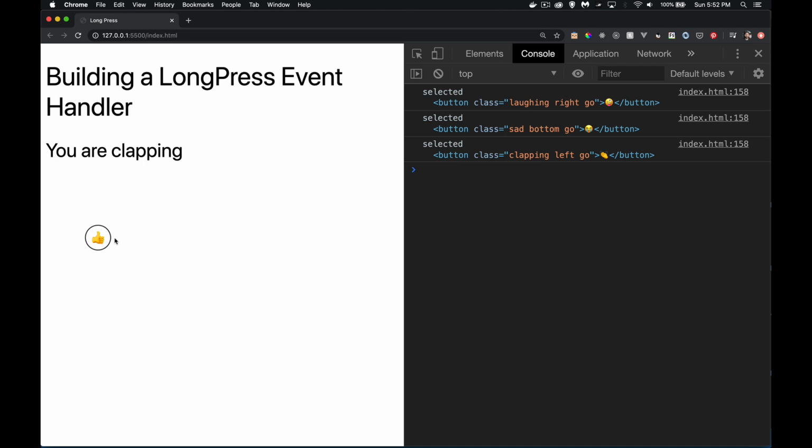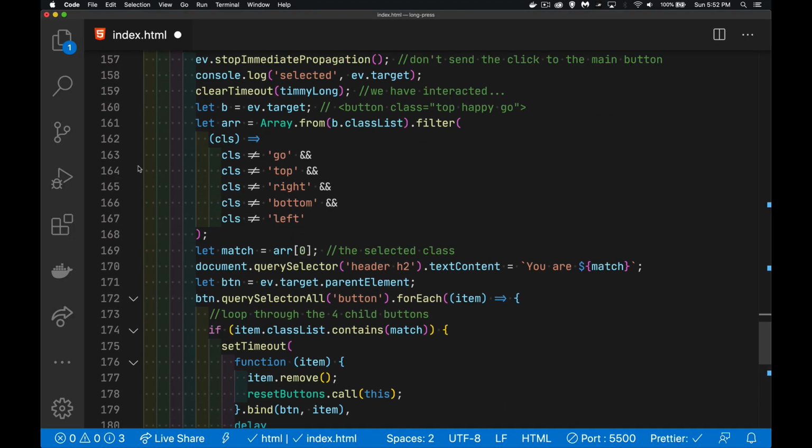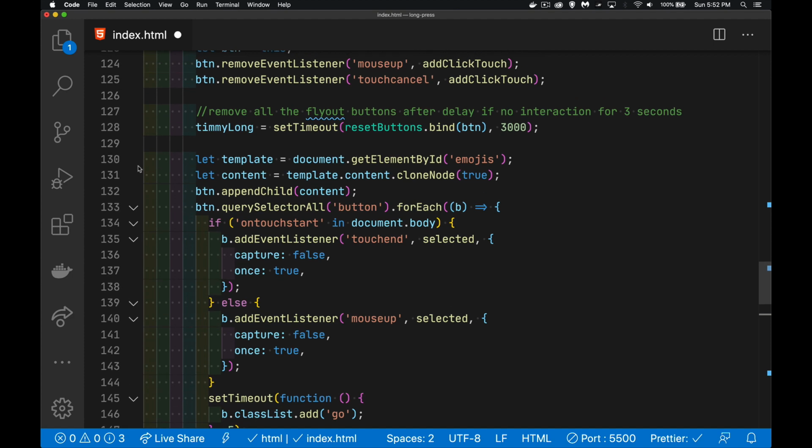So there was a fair bit of code that was specific to what I was building right here. There were some interesting little things that I threw in just for fun, but the important thing here is setting a delay. So when the person starts to press on it, you set a timer. That timer is going to run, and as long as you haven't canceled that timer before the entire delay has worked out, there's your long press event. So that's the whole thing. Comes back to that one set timeout